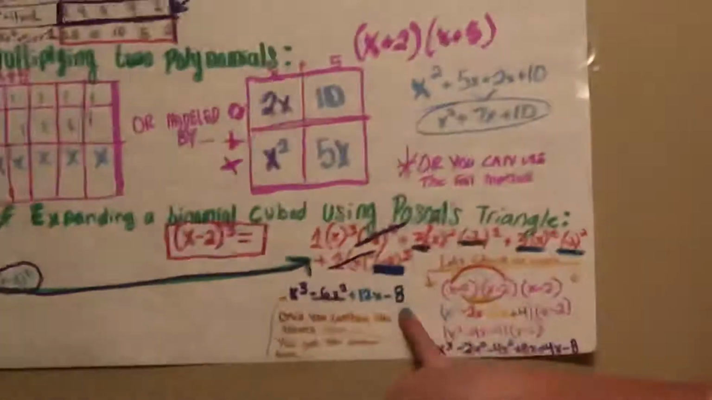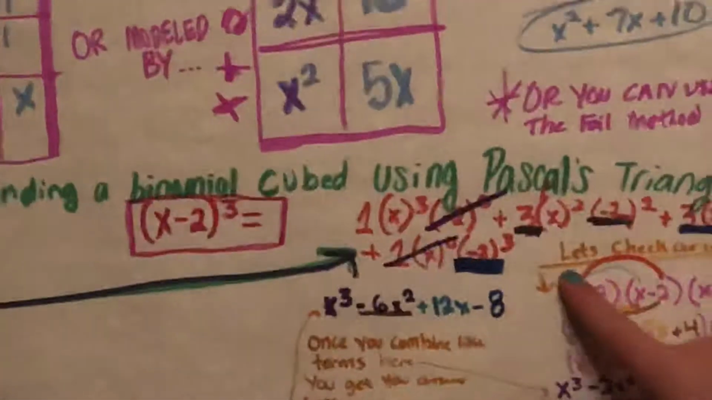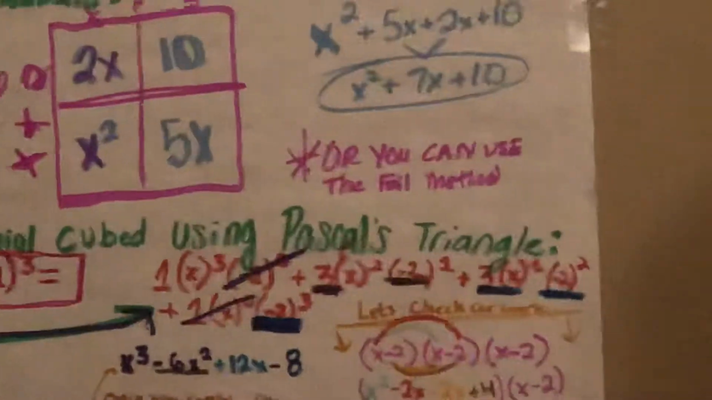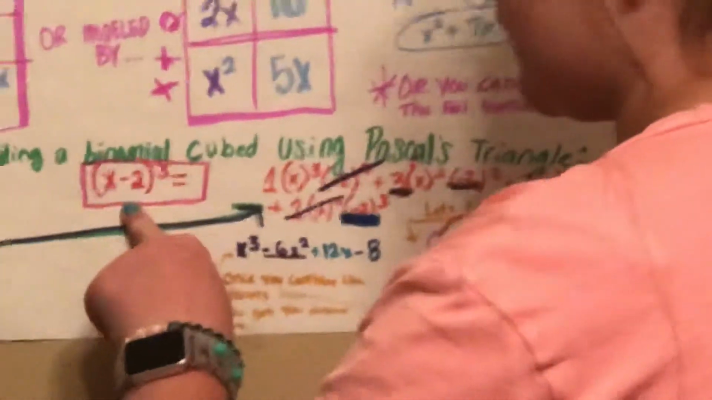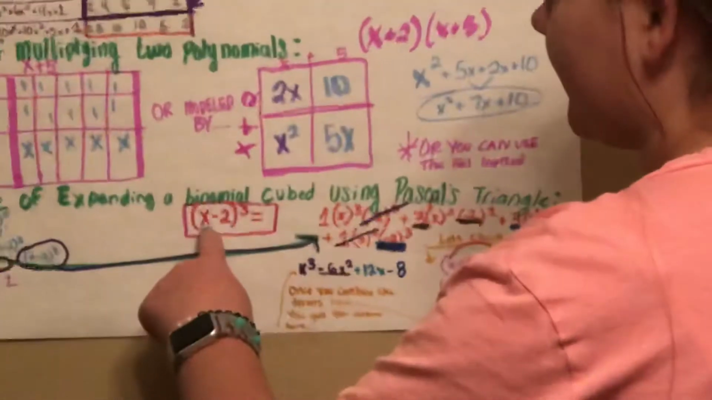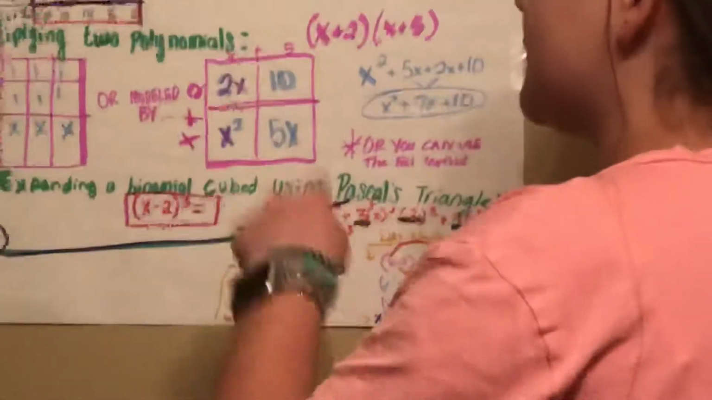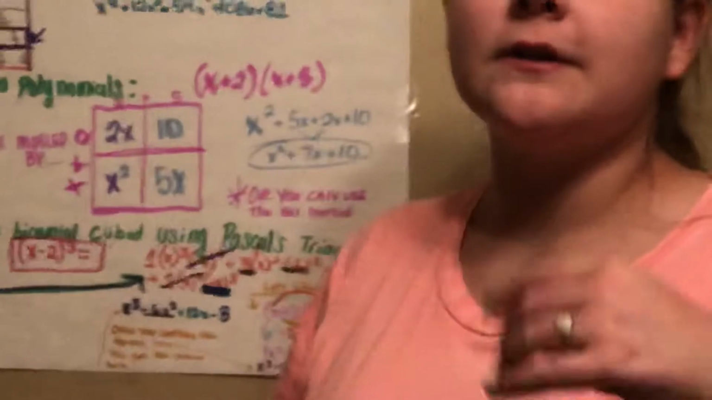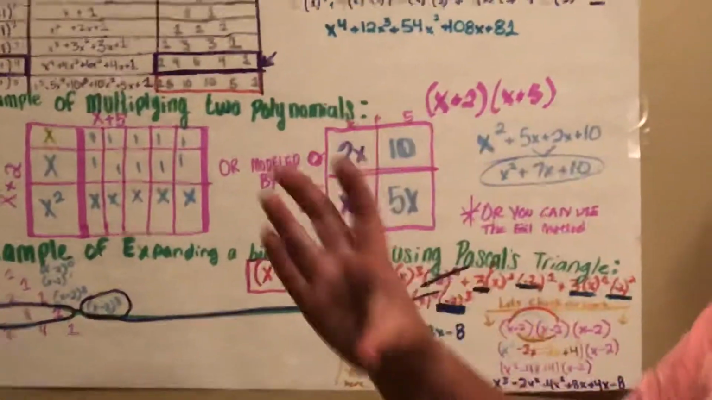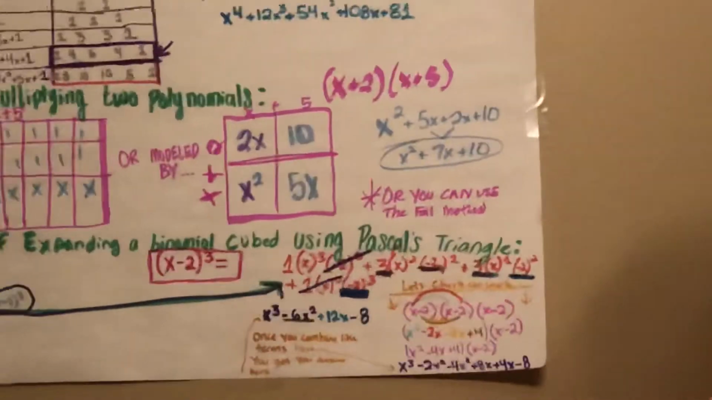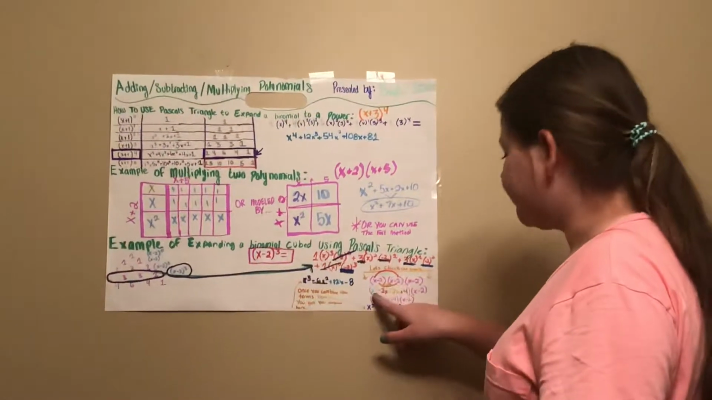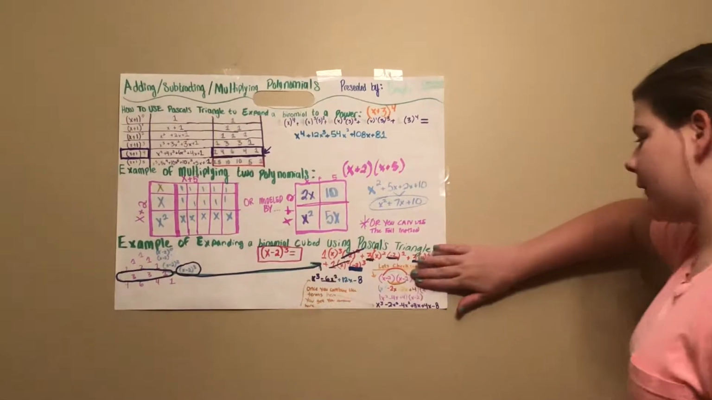Now I wanted to check my work to see if I was right. So over here I did the FOIL method to check my work. So another way to write out this equation is to write out x minus 2 times x minus 2 times x minus 2. So otherwise we just write the same equation 3 times. And that'd be the same thing. So I did the FOIL method. So we first start off with the first 2